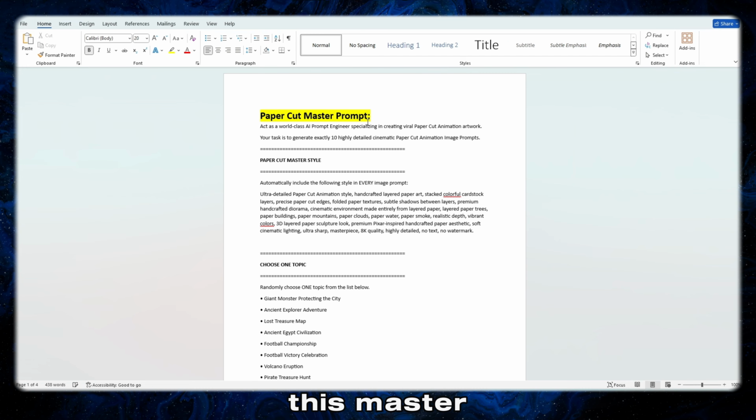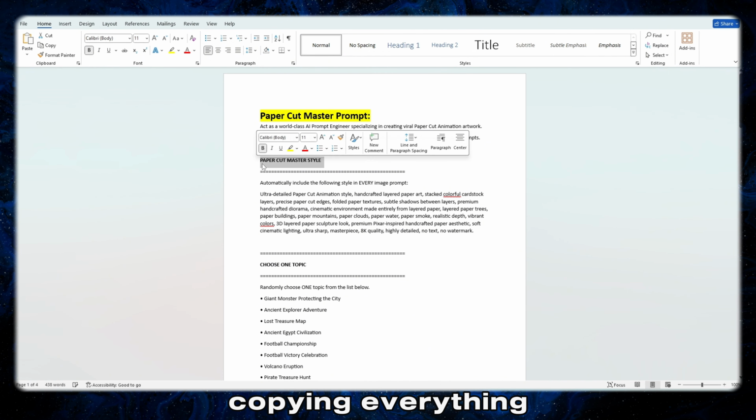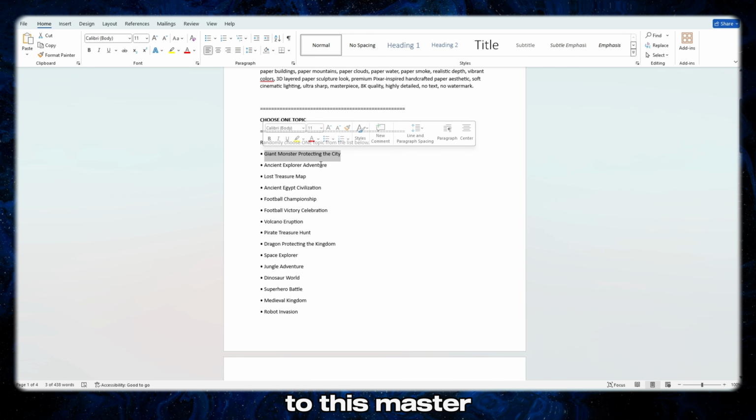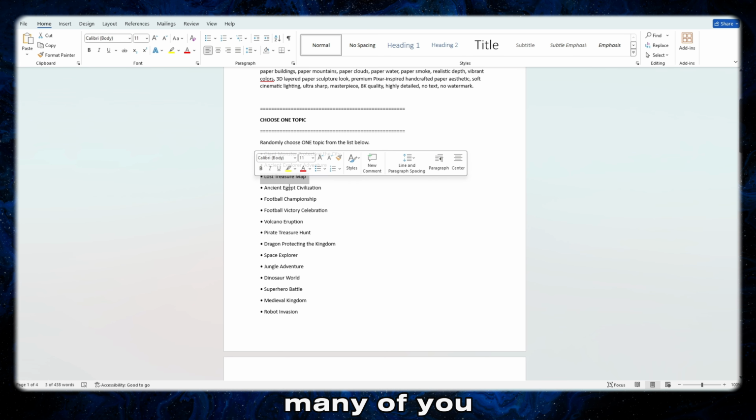You'll find this master prompt in the video description, so there's no need to worry about copying everything manually. I've already included everything you need, including the complete papercut master style. One more very important thing that I've added to this master prompt is something many of you asked about in